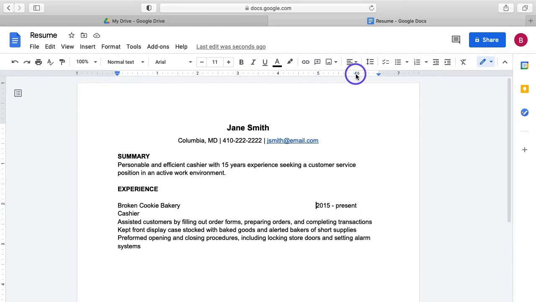So if you click on this triangle, click and hold, you can drag it around and change the indentation from the right. So I'm just going to line it up with the end of our paragraph here. And then I'm also going to highlight Broken Cookie Bakery and make that bold. Then I'll come down here to the job title, Cashier, and I'm going to make that italic, just so it